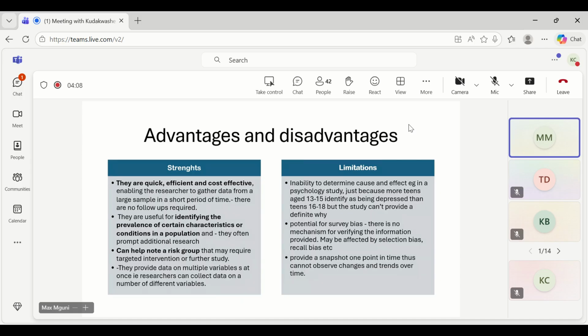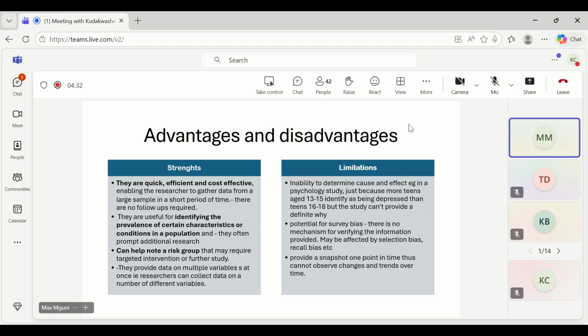Some of the key limitations, there are more than this, but these are the key ones. Inability to determine cause and effect. So especially if you look at the descriptive one, it won't be able to determine the cause and effect. Even if you look at the analytical one, it will just look at correlation, but it's not definitive. It cannot give conclusive